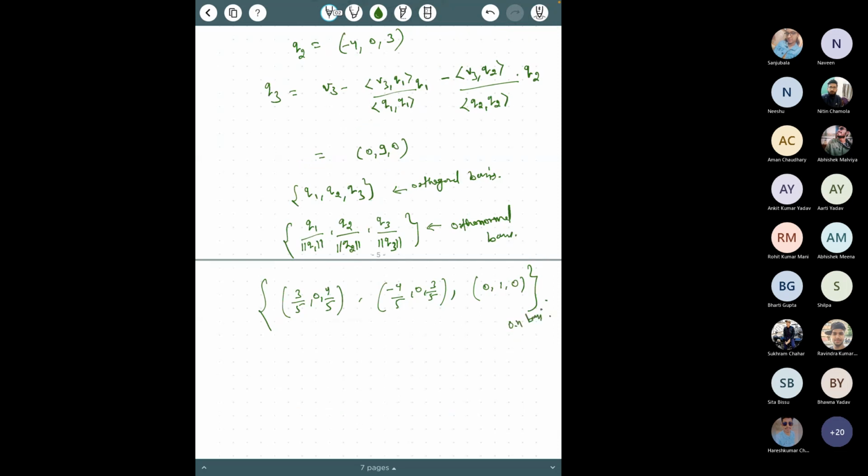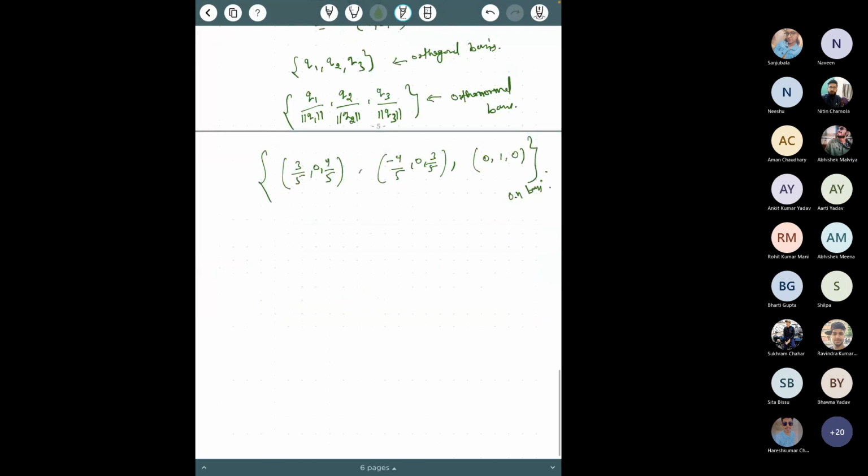Here I have taken an easy, simple example. But if I give you any inner product space, and a linearly independent set of vectors or some finite set of vectors, and ask you to apply Gram-Schmidt, you have to use the same way. The only thing is that the inner product will change. You have to use the inner product which is given to you, and then use the same calculation, same formula. You will get an orthogonal and therefore orthonormal set of vectors.